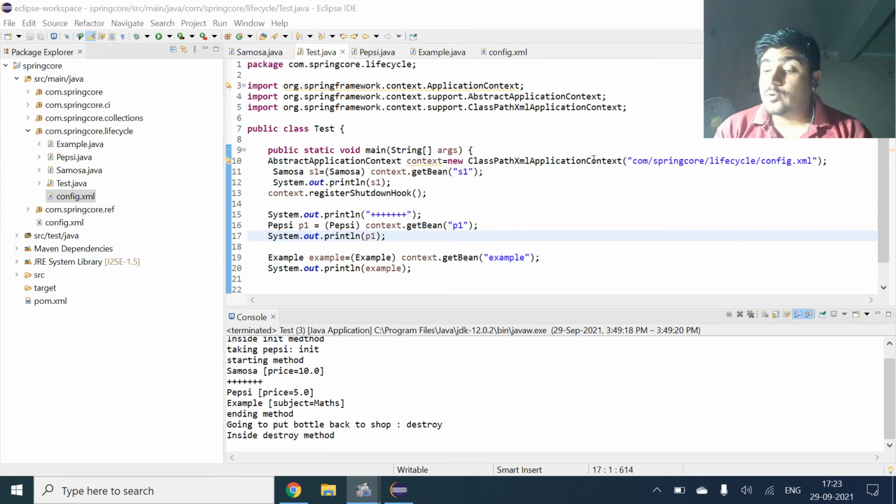Then we have annotations, the second way. Auto wiring can be done by two methods. First is XML, as we have done with XML modes. Now the second is annotations. In this we have @Autowired.